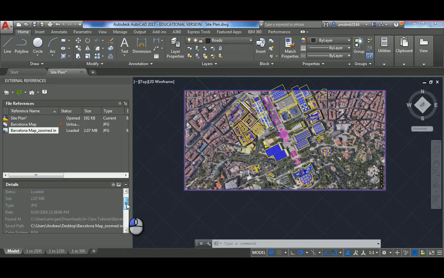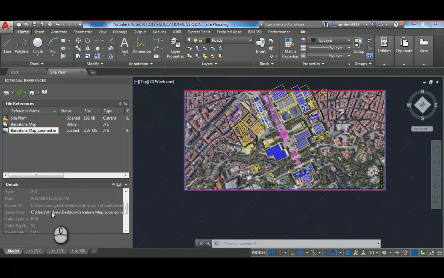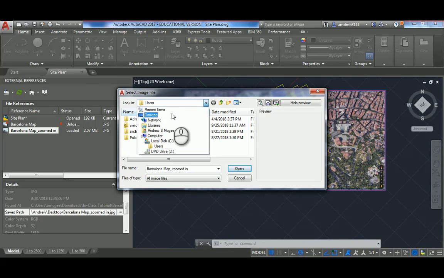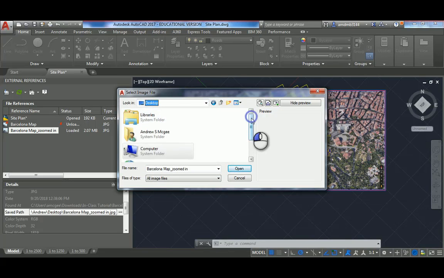But the Barcelona zoomed in link, let's go to the saved path detail, and we can relink it to where you guys have the drawing, where you downloaded it. So save path, click on the little triple dot on the side, and then just navigate to, obviously mine's already linked, so I don't want to relink it, but it presumably would be in your downloads folder, or if you've just pulled it right from Dropbox, navigate to the location that you have that, and I guess just for the sake of showing it here,